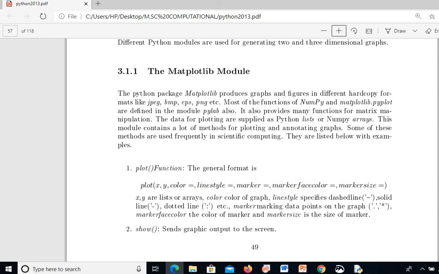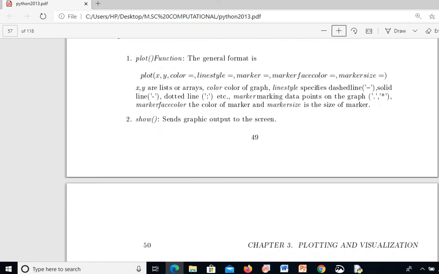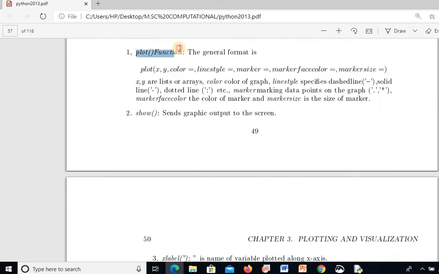It has a lot of functions that are very useful for us in plotting. The first function is plot. The general format is plot, where we give the x values or x axis, then the y axis, and you can give the color of the plot, the line style of the line, and if we want some markers, some shapes, like a circular shape to be incorporated in our figure, you can give a marker, where o gives a circular shape, and you can give the size of the marker.